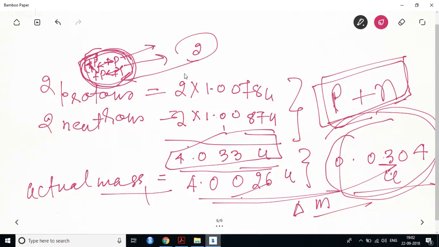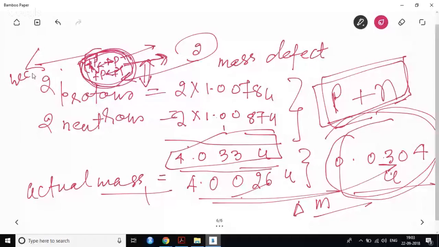So there comes the concept of mass defect. Later, it was understood that the electrostatic force between the protons and the gravitational force acting between proton and neutron, the combination of all these forces will have lesser effect than the nuclear force which is acting inside it. And what do you mean by nuclear force, and from where is nuclear force generated?